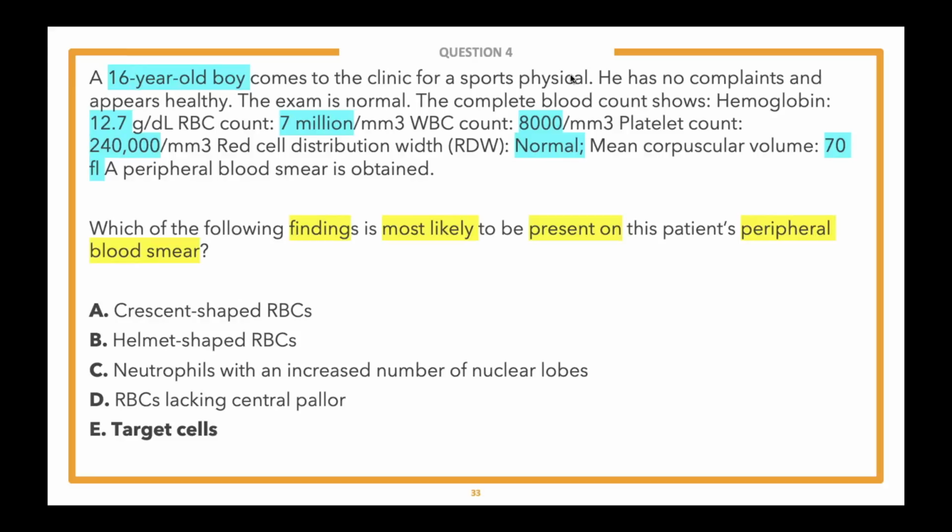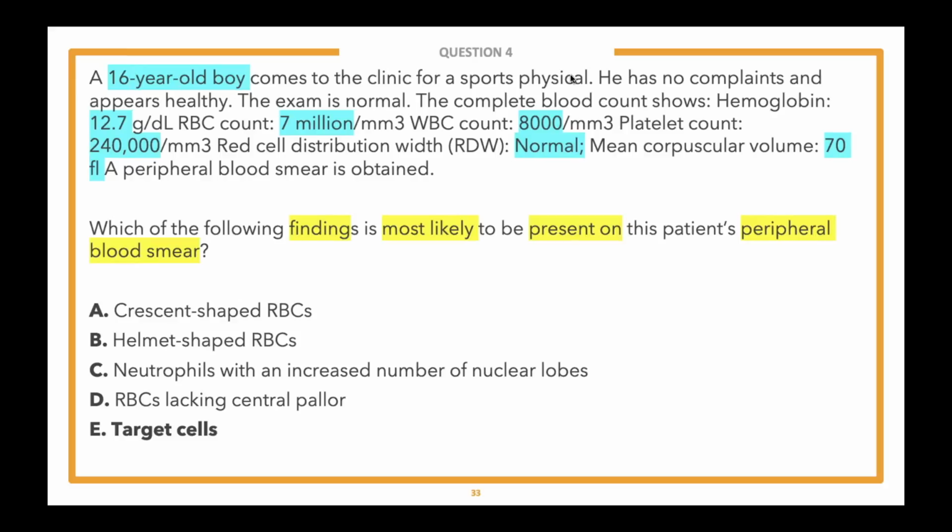In mild thalassemia, the red cells are usually similar in size, so the RDW should be normal. However, in iron deficiency anemia, those red cells get smaller and smaller, okay? So you do start to see a difference in red blood cell size, and thus the RDW is usually increased, okay? Now, going with the diagnosis of